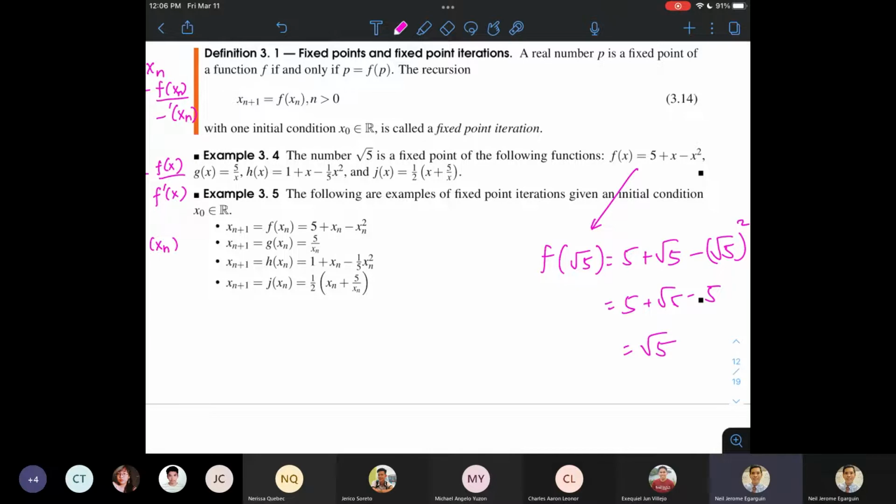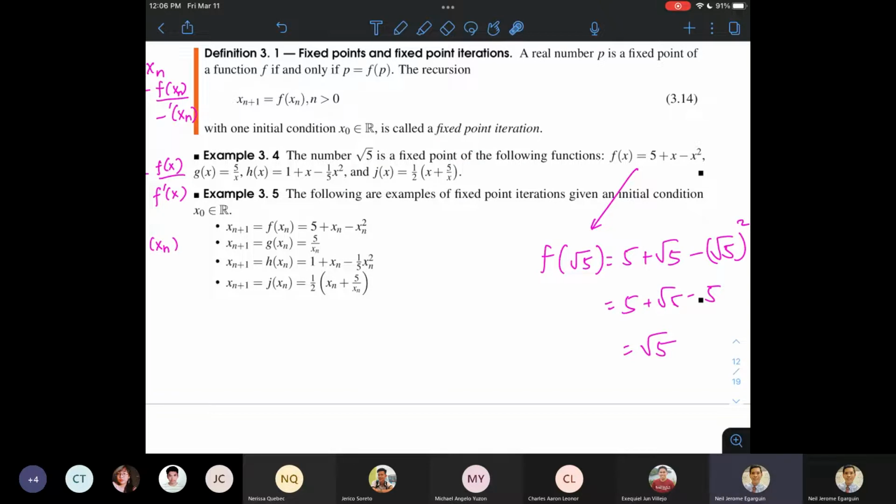All right. Same thing goes for g of x. If you plug in root 5 in here, then you can find a fixed point. You will find that root 5 is a fixed point of g. Ganun din kay h, ganun din kay j. Okay. Now,